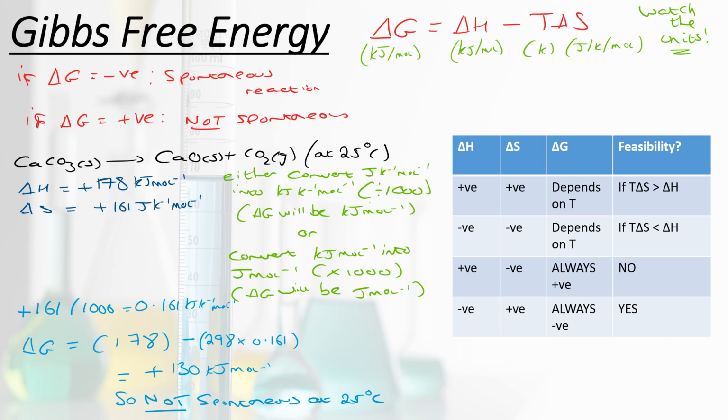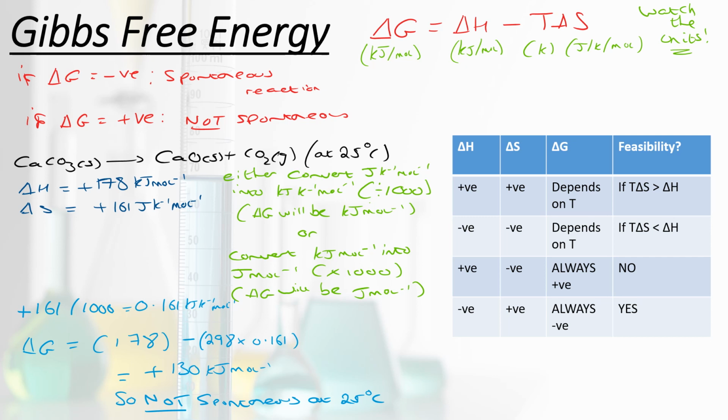And so we can go back to our calcium carbonate example from before. We've just calculated that our entropy change is plus 161 joules per Kelvin per mole. And we're given here that the enthalpy change is plus 178 kilojoules per mole. Again, we could have predicted that it would be an endothermic enthalpy change, because this is a thermal decomposition reaction, so I'm going to have to put heat energy in to do it. And again, I've just told you here that it's at 25 degrees Celsius because we need the temperature to work out delta G as well.